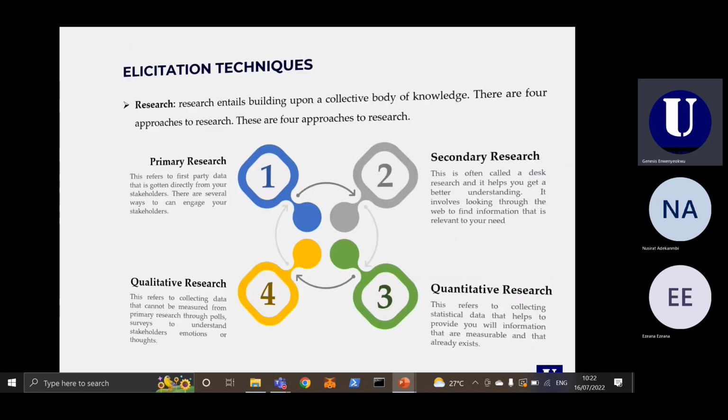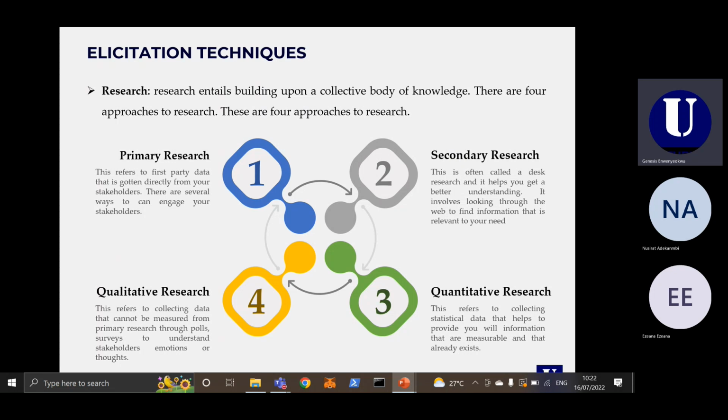Now, the next elicitation technique we'll be looking at is research. Research basically entails you building upon a collective body of knowledge. There are basically 4 approaches to research, but I'll say there are 2. Number 1 is the primary research, and number 2 is the secondary research. Primary research